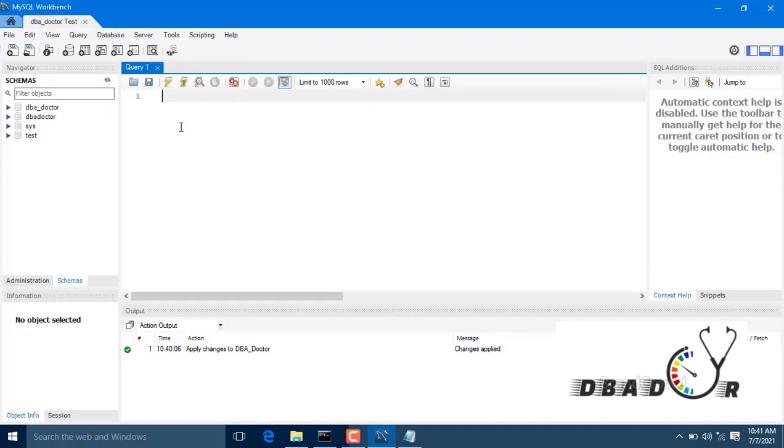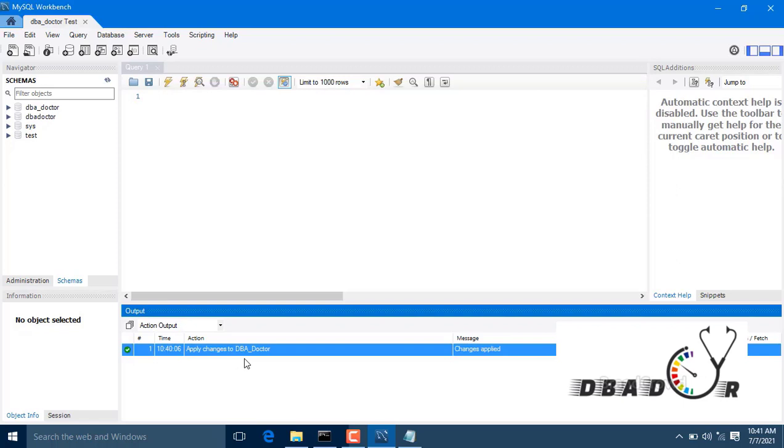Now in the output you can see the output details, changes done. Changes have been applied, which means the database has been created. In the navigator bar you can see that dba_doctor has been created.